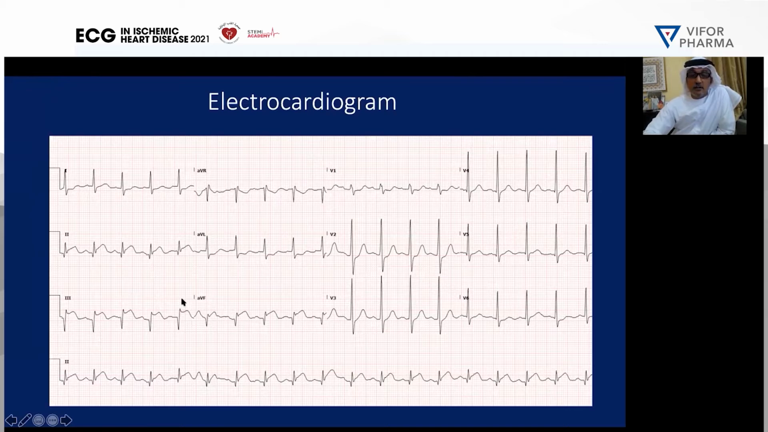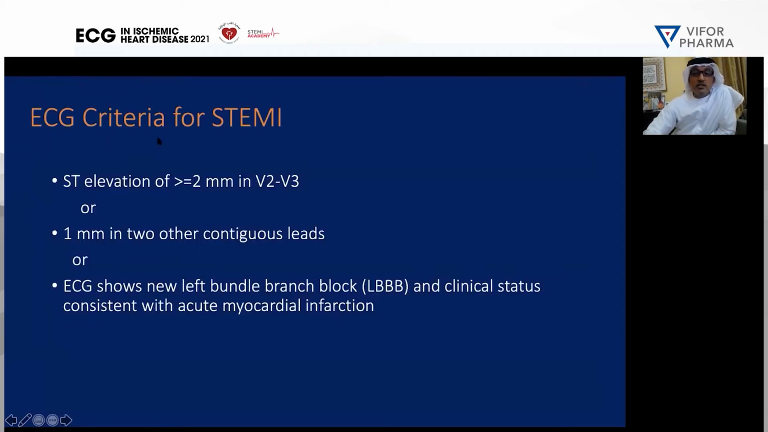So we went systematic and we read the ECG. Now the ECG criteria for a STEMI. When do you say that this patient has ST elevation MI based on the ECG criteria? The patient will come in with chest pain, and then the ECG demonstrates any of these features, then you treat that patient